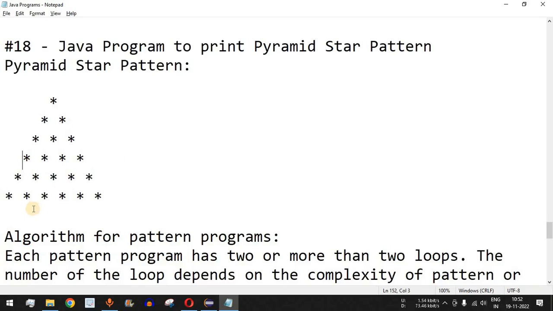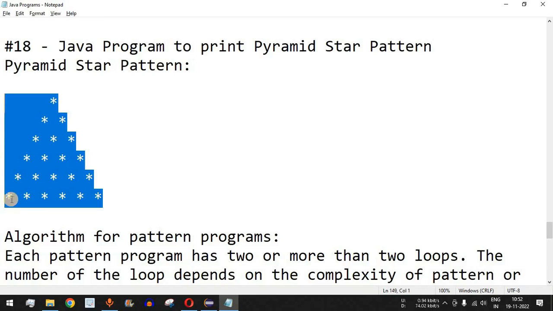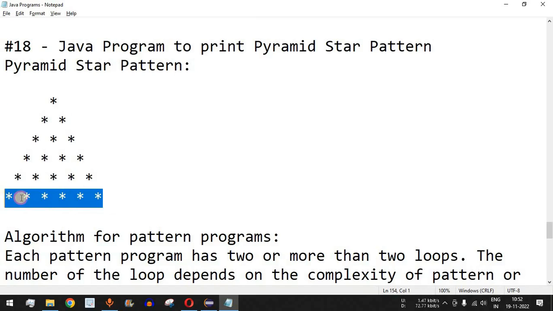Now guys, what will be the logic? For example, as you can see, this has 6 rows, and in the last row there are 6 stars. Now the very first row, how many spaces does it have? It depends on that. If we count these spaces, it is 1, 2, 3, 4, 5. So having 6 rows, on the first row we will have 5 spaces first of all, and after that